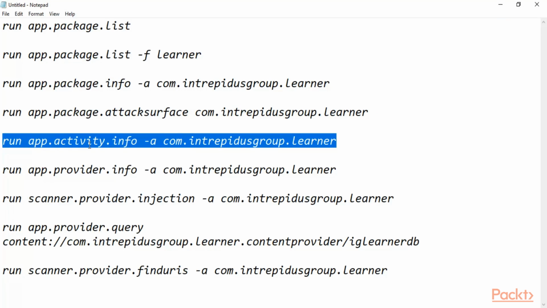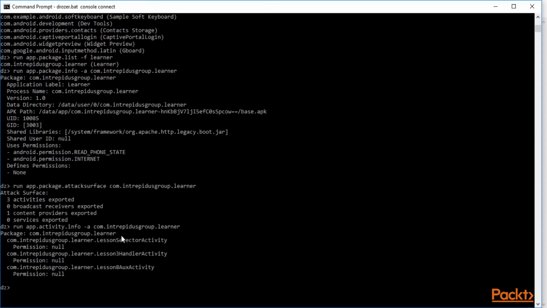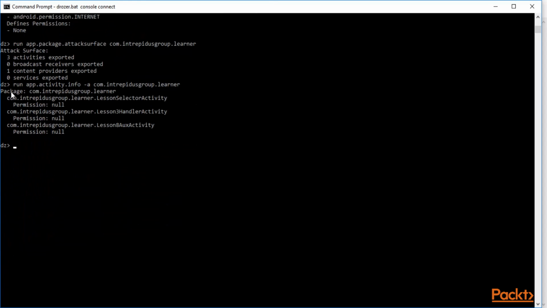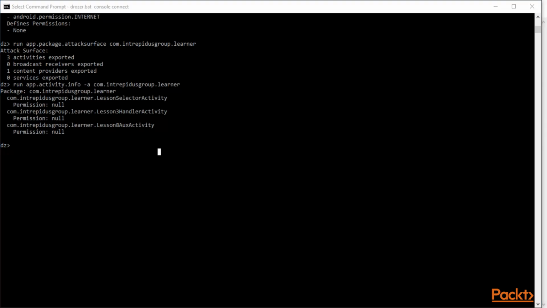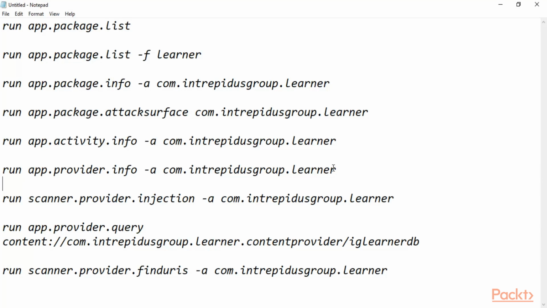You can also get app.activity. Copy this, paste it here and hit enter. You can get activity information about a package. This is the package, and these are the activities inside it: com.interpretersgroup.learner, lesson selector activity with permission null, lesson 3 handler activity, lesson 8 auxiliary activity. These are the activities inside that package.